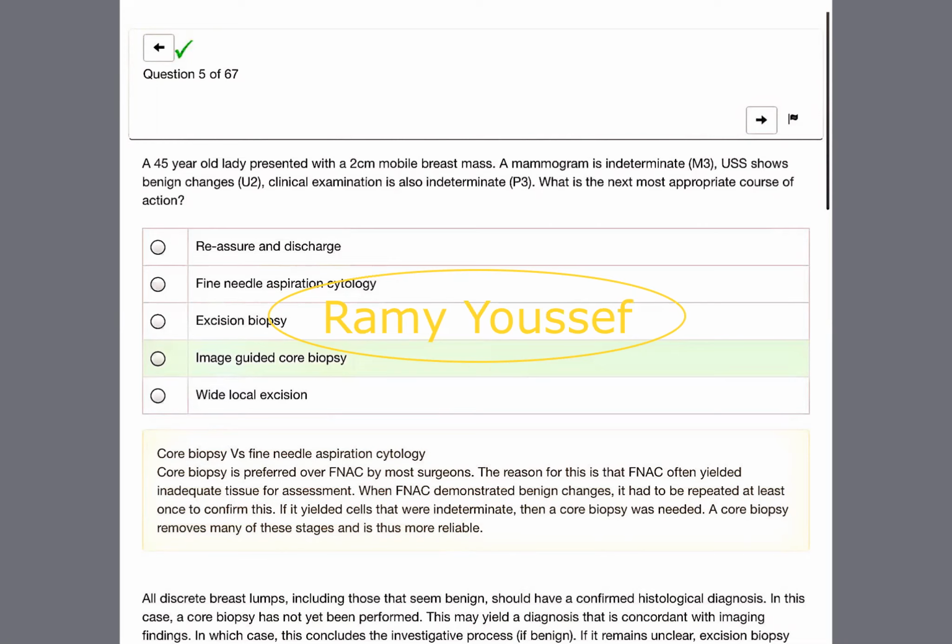When do you do an excisional biopsy? And when to do the core biopsy? In all cases you'll go for core biopsy. You palpate, you go for core biopsy. Okay. Non-palpable mass,